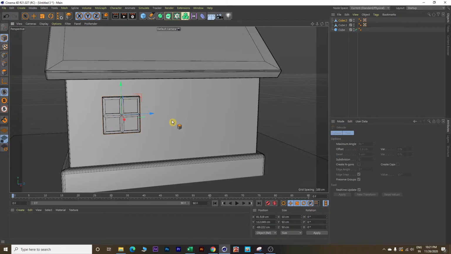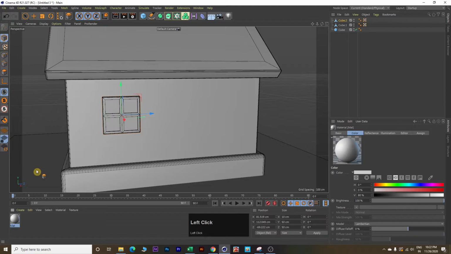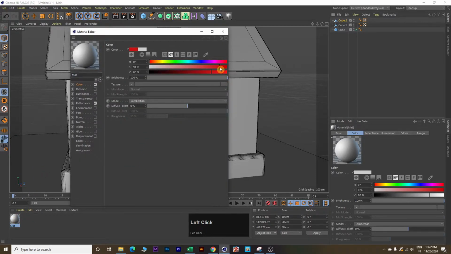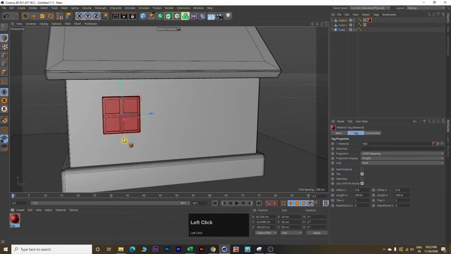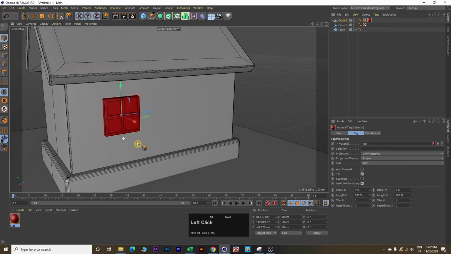Now we will copy it, but before copying it we will color it so that we save some effort of coloring multiple windows separately. So what we will do is we will click this one window first and give it some color. So to give it some color, we will add some material here, create new default material, and let's give a dark red color to this material. Yes, this looks good. So now right click on this material and apply. So this is how our window looks like, completely red.